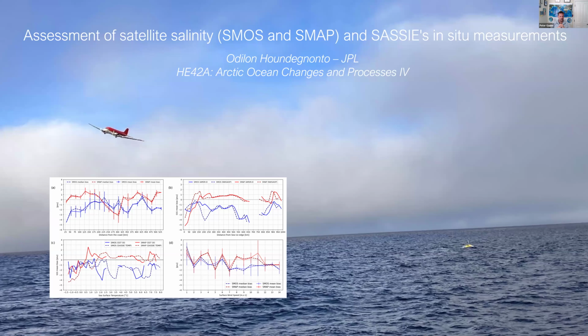Using the PALS instrument together with the satellites, both SMOS and SMAP, we're doing a very complete comparison of in situ versus remote sensed salinity. And we're seeing some interesting biases. We're seeing the effect of vertical stratification. We're seeing the effect of bias on the satellite measurements near ice, things that were often thought to be corrected, but we're actually still seeing that there's quite a bit of uncertainty in the satellite measurements.